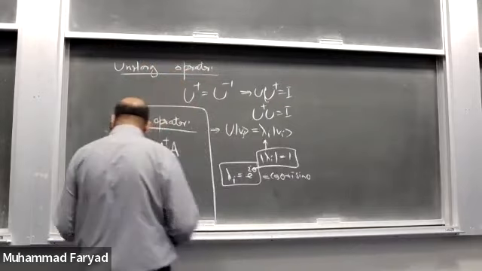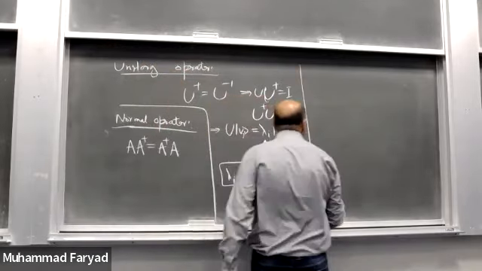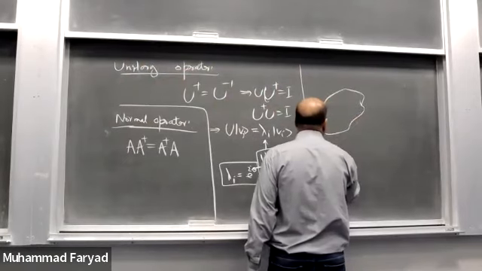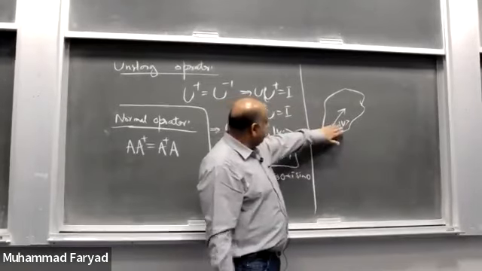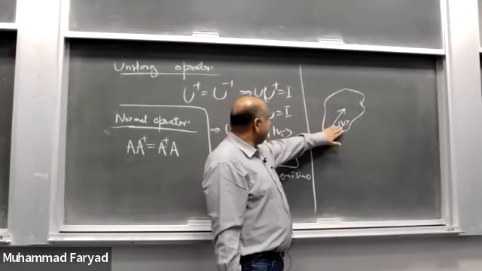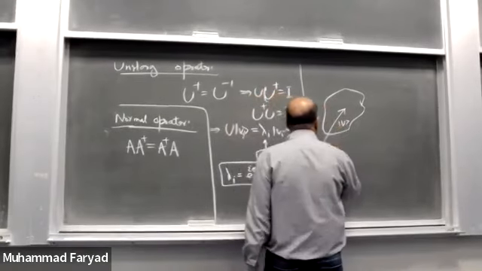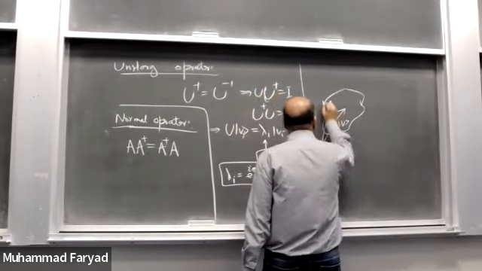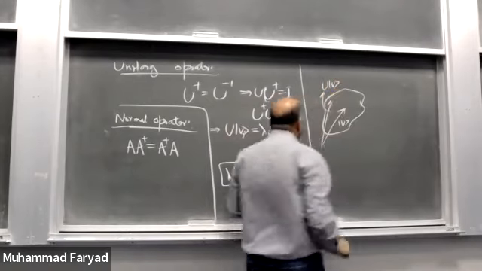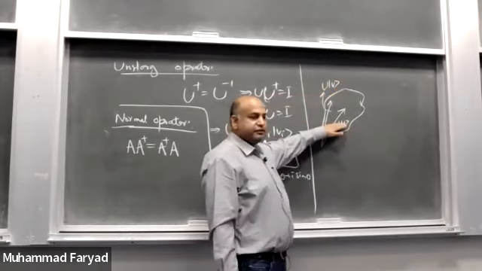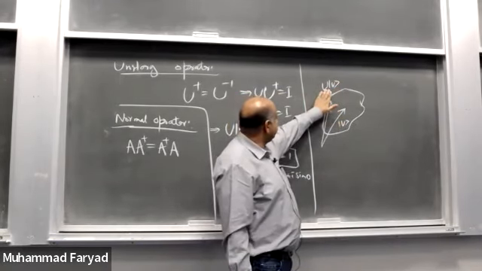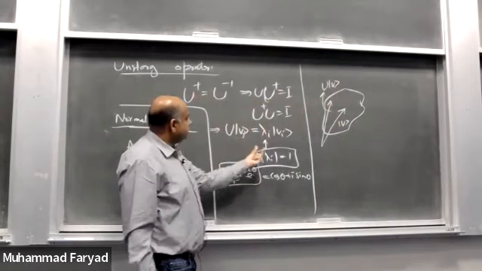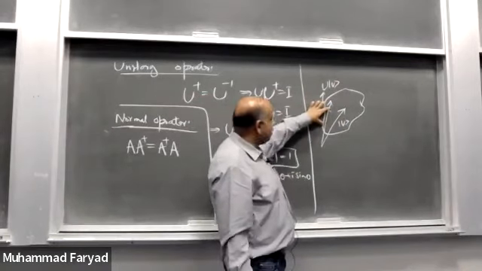Okay, good question. Thank you. So let's say this is a vector space and there is this vector v. So when we apply the unitary operator to this vector v, this can go to, let's say, this place. So the vector changes because it's being operated by an operator. But since we have seen that the magnitude of eigenvalues is 1, what it does, it preserves the norm of the vector.